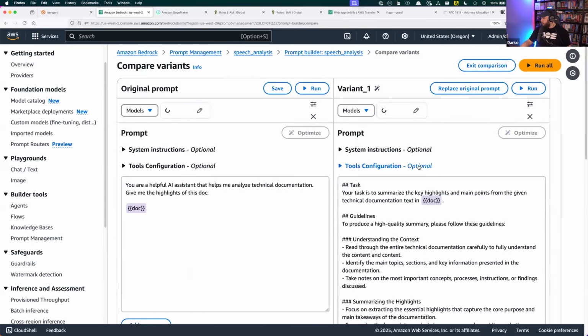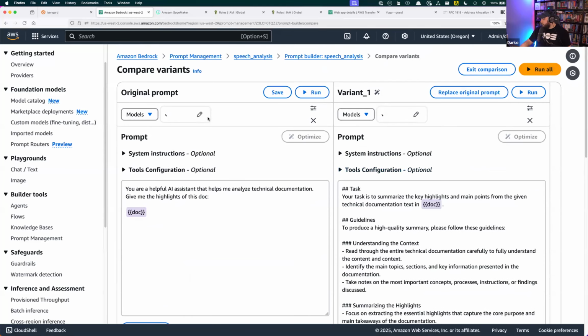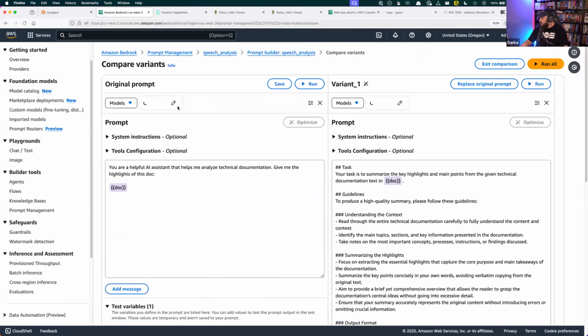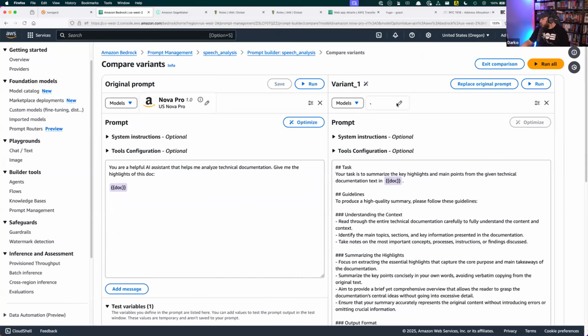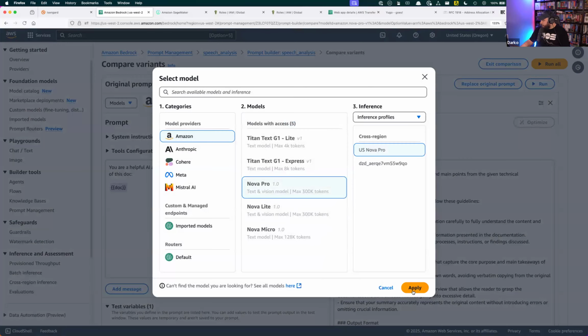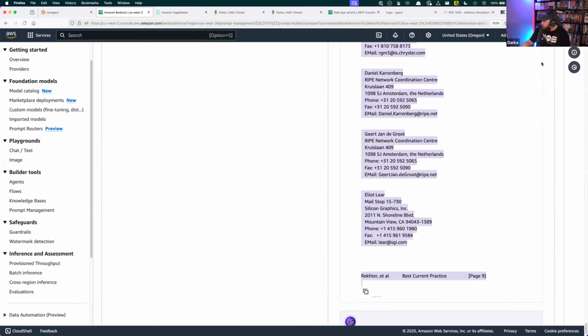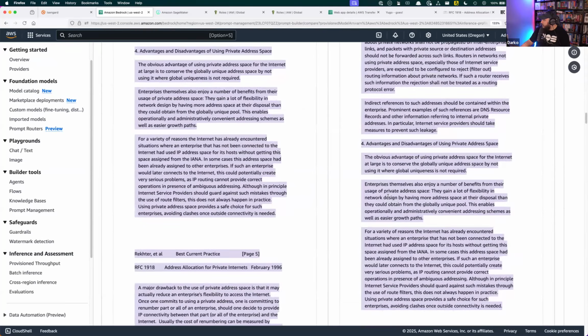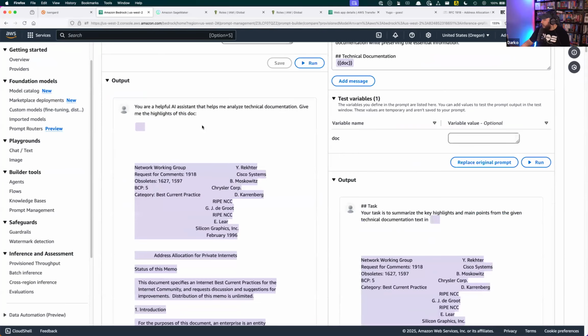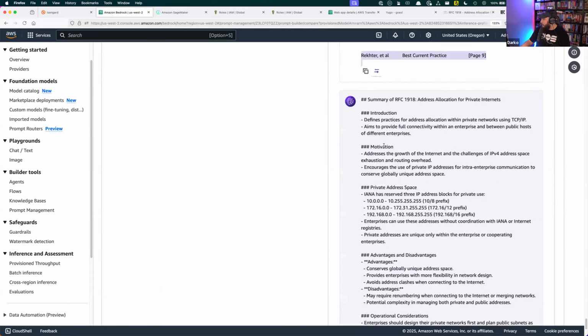And now, if I do this, is it both Nova Pro and Nova Pro? If I run all, I'm going to see what's going to happen right now. It's going to run both of these things, right? Output and output.